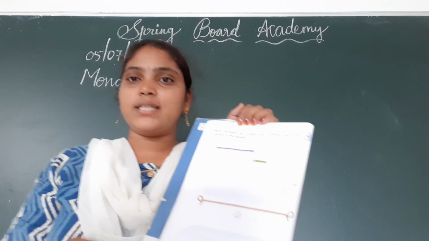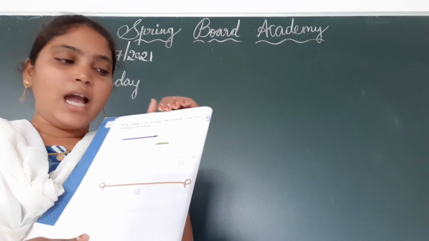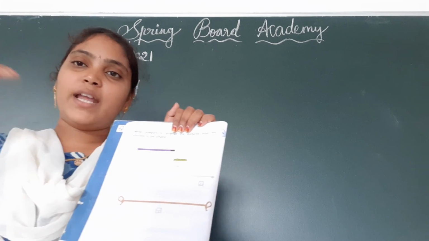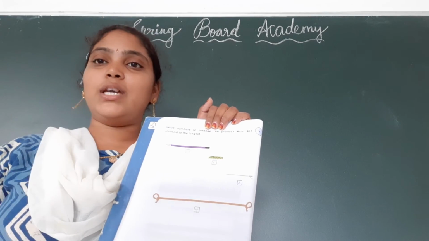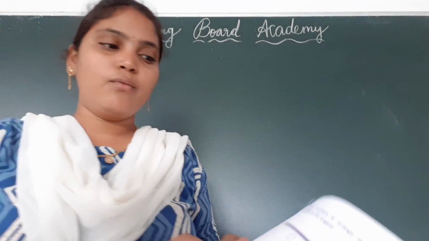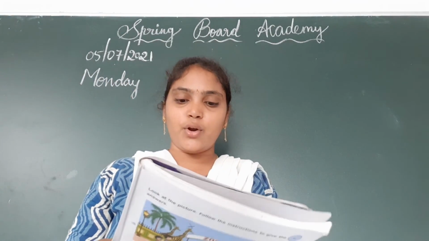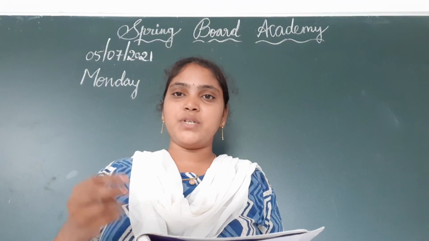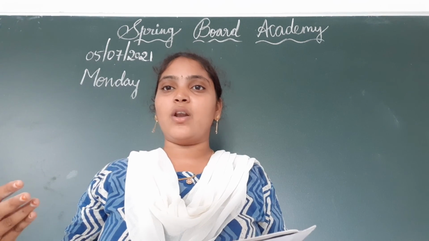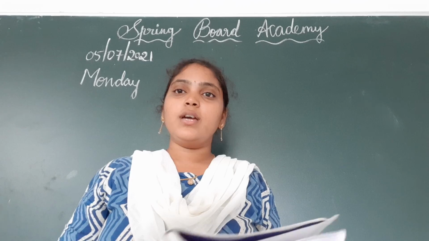Which one is shortest? You have to give number 1. And which one is next shortest? You have to give 2. And then 3. And finally for longest, you have to give the number 4. Is it clear everyone children? This is your homework. So here given totally 4 objects. For shortest object you have to give number 1 and then 2 and then 3 and finally for longest object you have to give number 4.